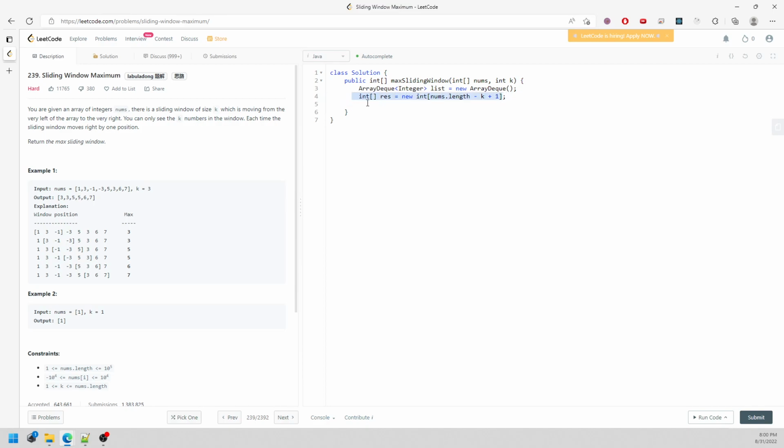So this is how you get it. And then we definitely need to return result, right? And then we need an index for the result in array. So this is pretty much it. So I need to traverse a nums array,